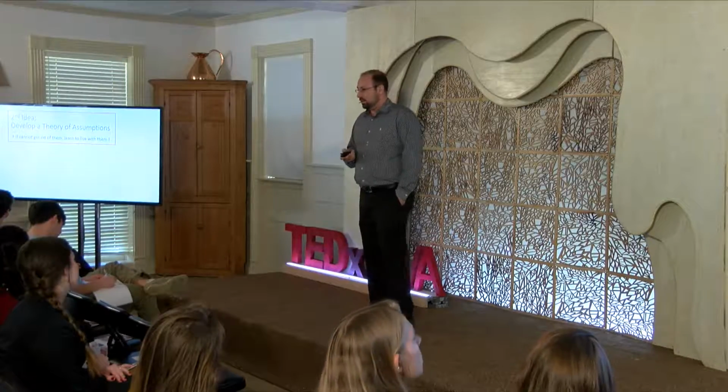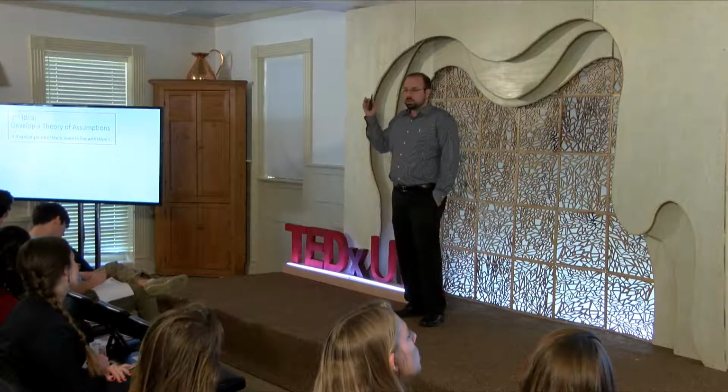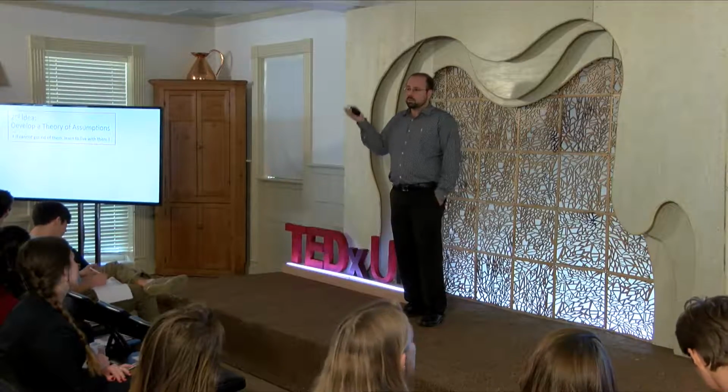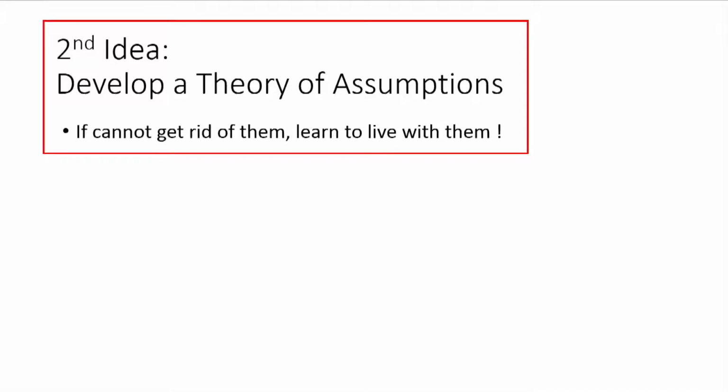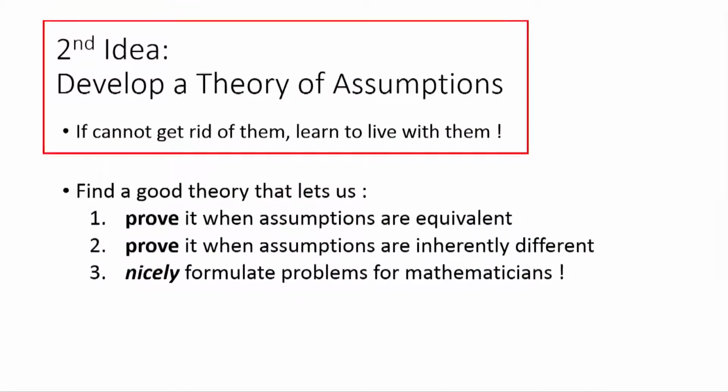The second idea, which actually is beyond an idea, it's maybe a theme in modern cryptography for the last 40, 50 years, says, well, if we cannot get rid of these assumptions, as long as we cannot prove these problems to be hard, how about we learn how to manage them and live with them, have a theory that lets us understand them better and use them the right way? What do I mean? If we want to have a good theory about assumptions, that theory, for example, should let